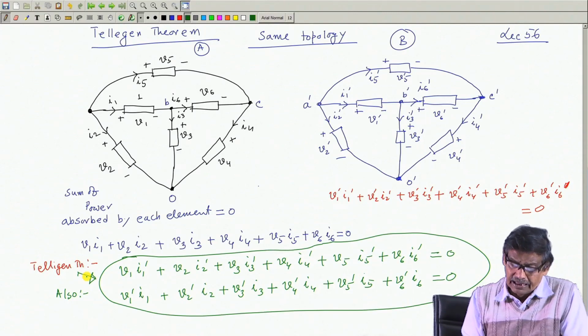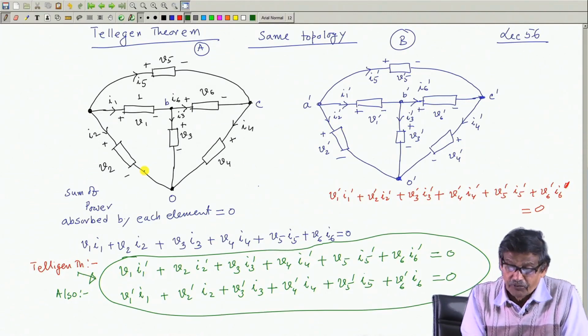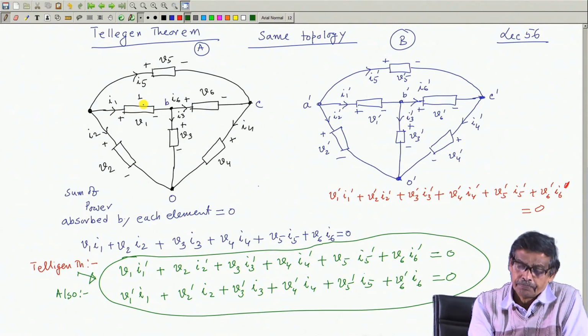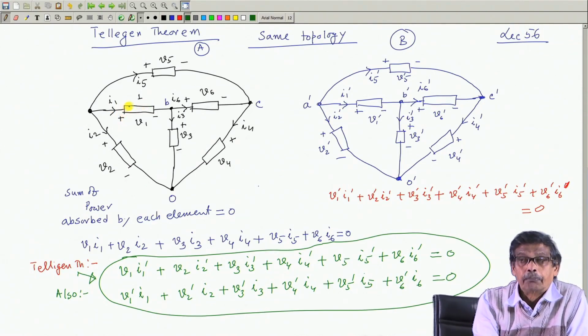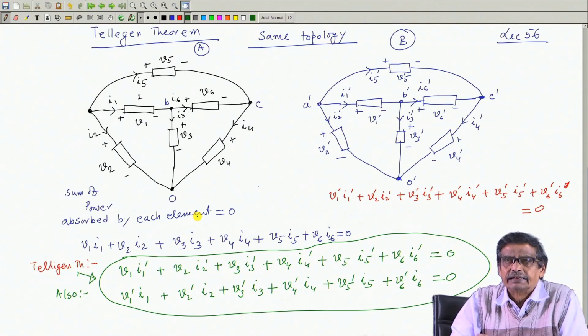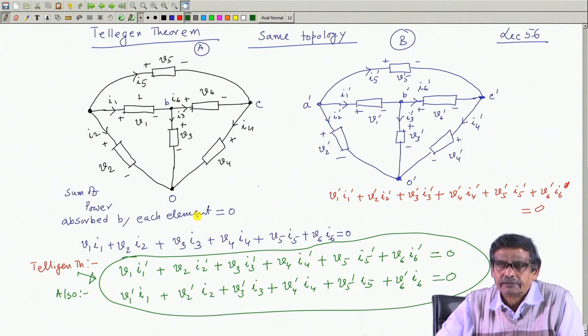It must be told that V1 into I1, I know specifically, has a physical meaning. What is it? The amount of power absorbed by the load. But so far as V1 into I1 dash is concerned, we cannot assign any physical significance to that,